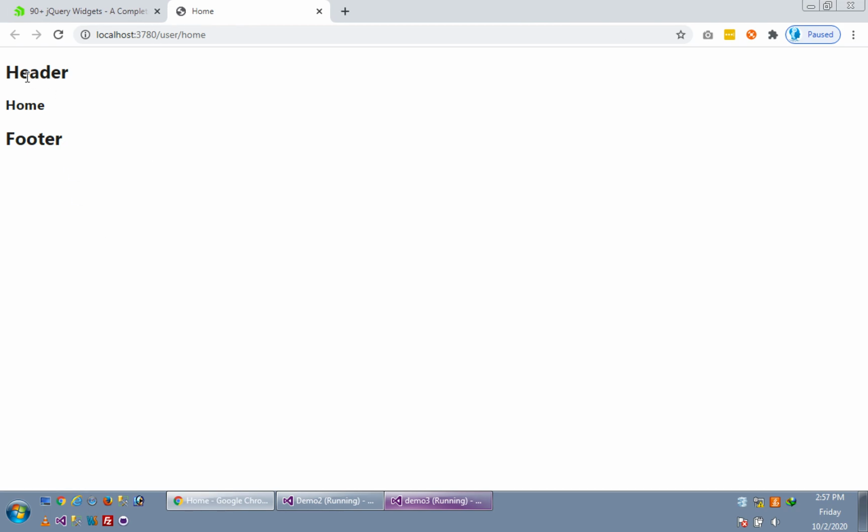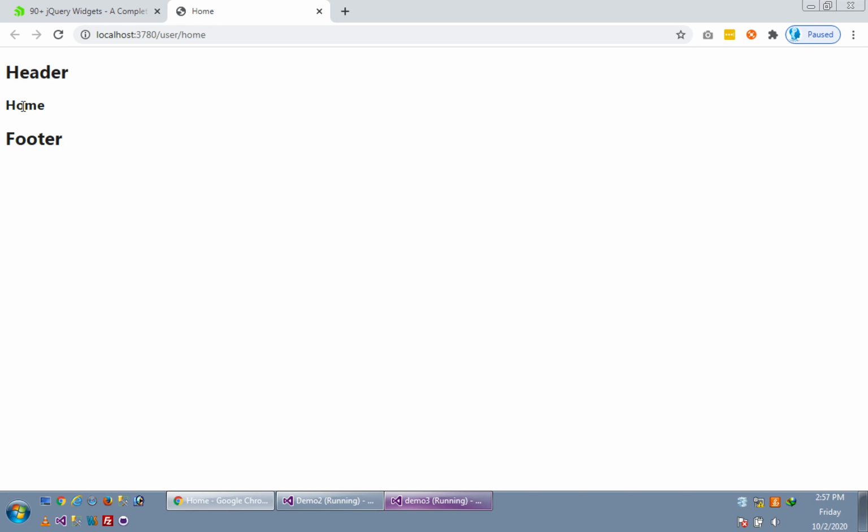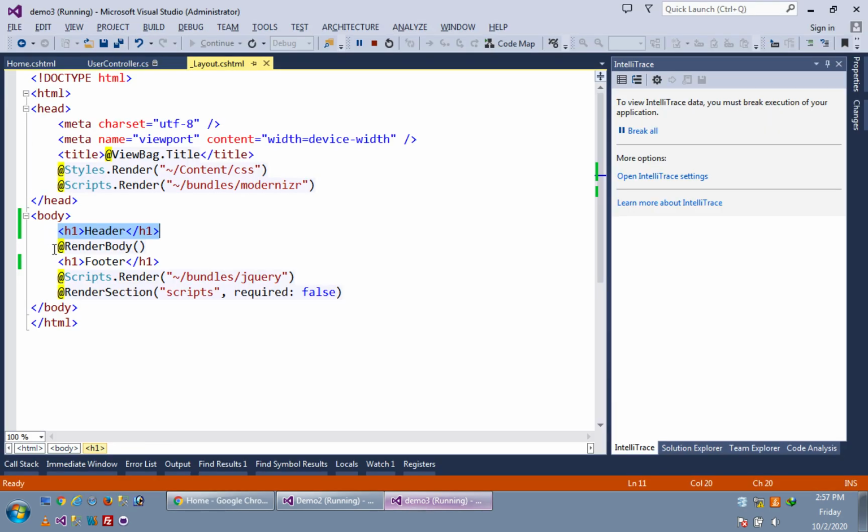Can you see here? First it prompts header. Why? Because it is the first line of our master page. This is header. Then the second line is home. Why? Because the second line is over here at the render body function.